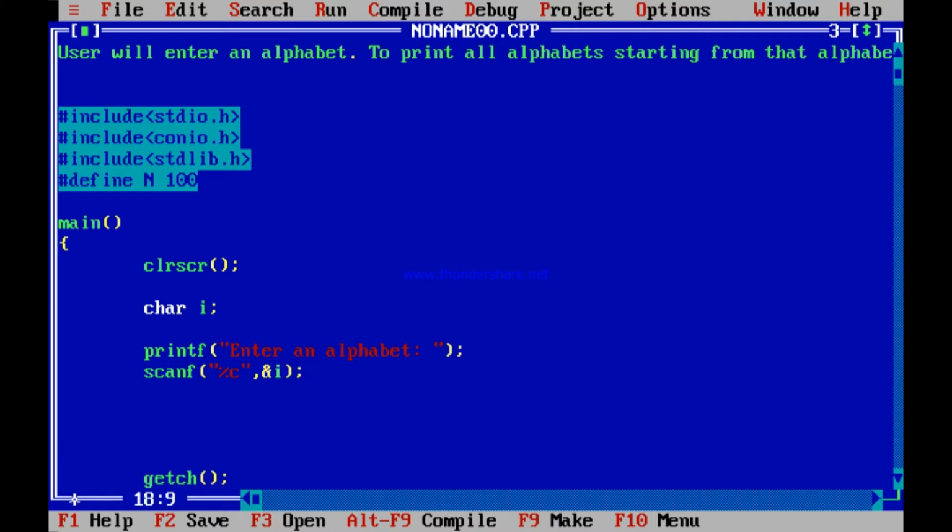Now from I, you have to start printing. I is not to be initialized. I is already initialized. So from there till I is less than equal to 122, or maybe till it is less than equal to Z. You can write 122 also, or as a character Z, it's all the same, and I plus plus. You don't initialize, which means I starts from its value. Whatever value I is having, say I has been entered as S, so I starts from the S character and continues doing I plus plus till I less than equal